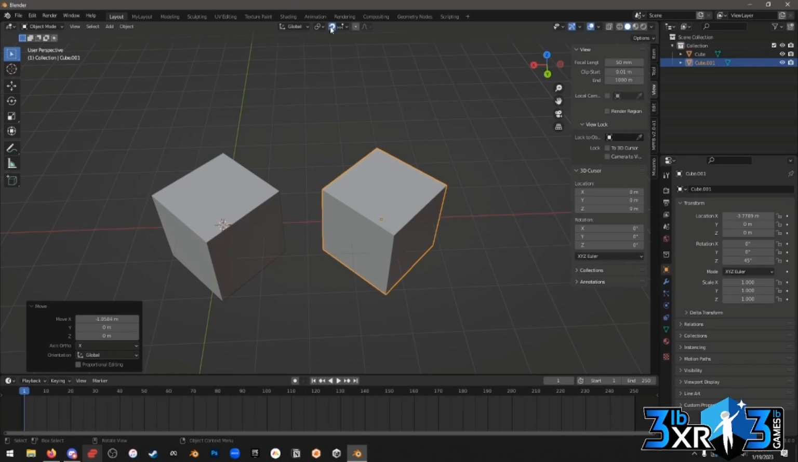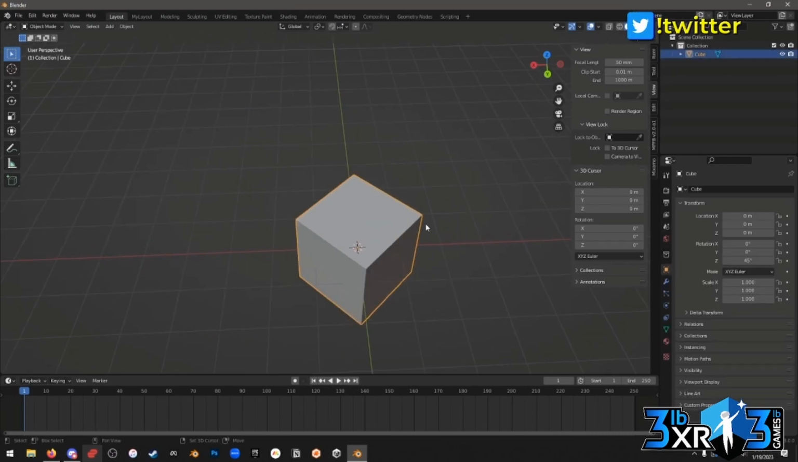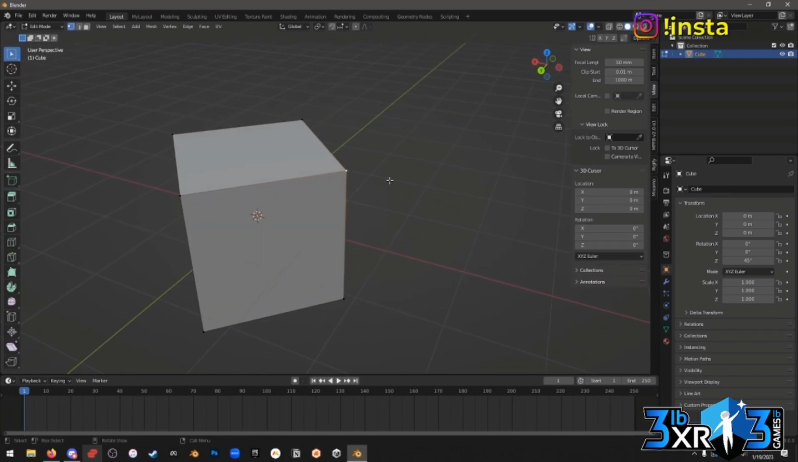I don't use the snapping very often. I think the only time I really use snapping is for retopology or something like that. But even then, there's better tools for that within Blender. But there is one cool thing